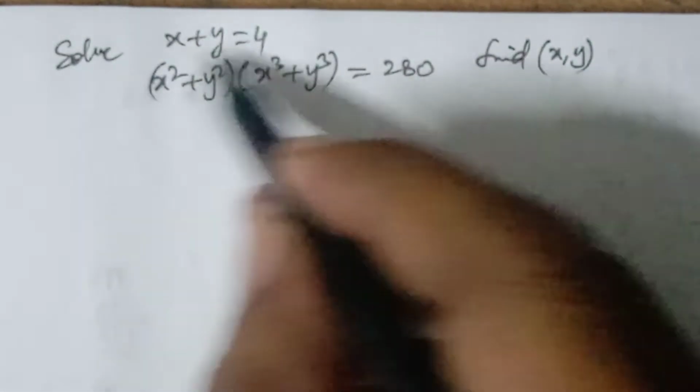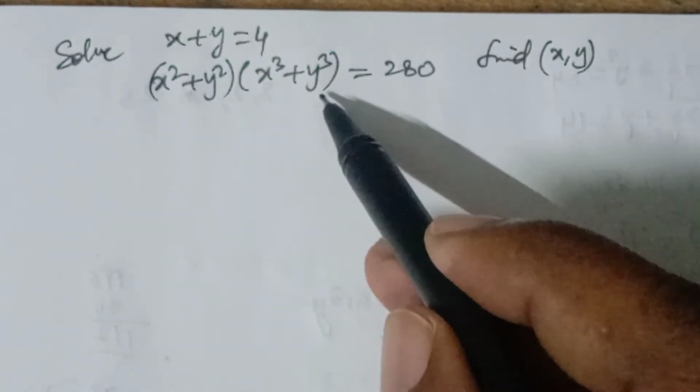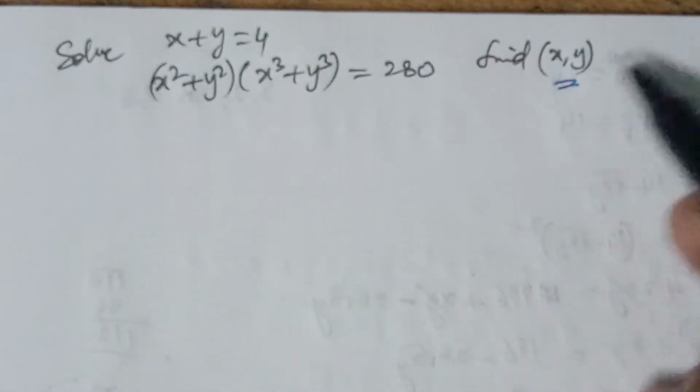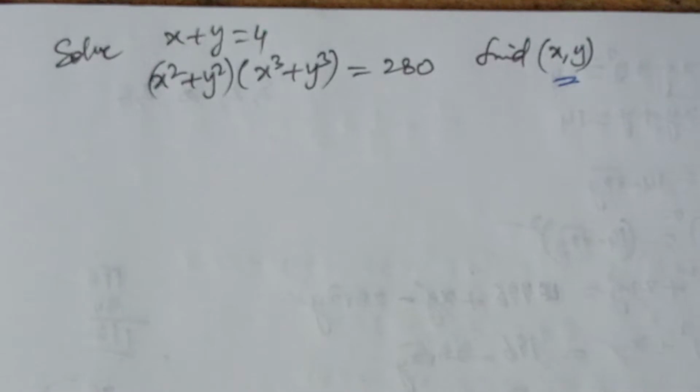The problem is given: solve x plus y equal to 4, x square plus y square into x cube plus y cube equal to 280. Find x and y values. So here